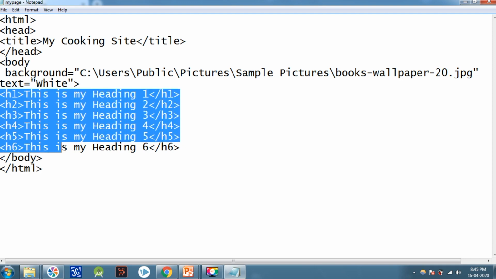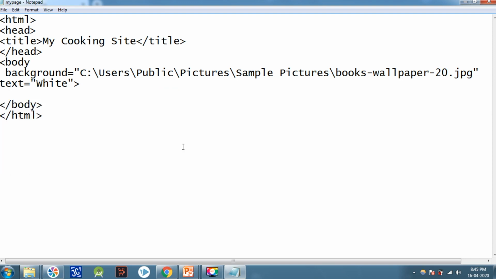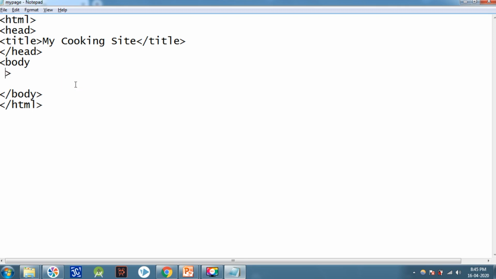Now we are going to do another practice with the link, that is a link and v link. To do that, we have to use a simple background, without any image, just text color. Suppose text is blue, and here I am going to make a link.